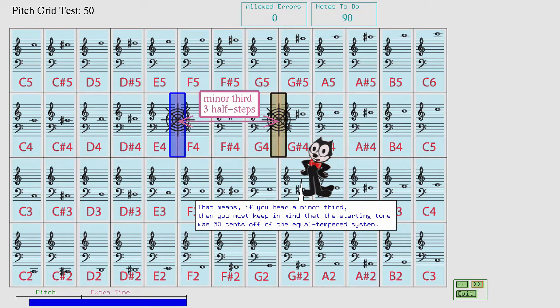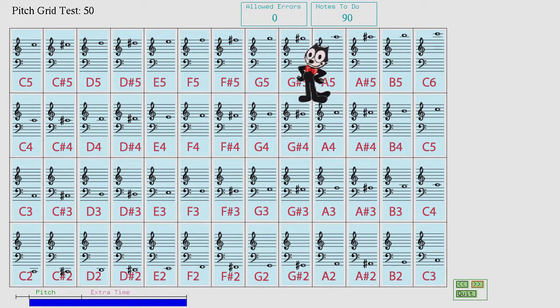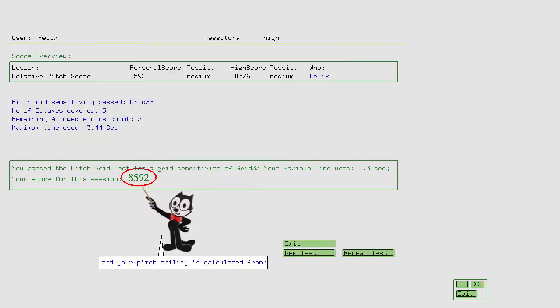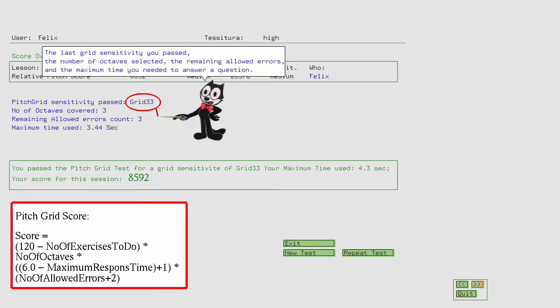That means, if you hear a minor third, then you must keep in mind that the starting tone was 50 cents off of the equal tempered system. During the test, you are allowed to make one error. If the allowed errors count falls below 0, the test stops, and your pitch ability is calculated from the last grid sensitivity you passed, the number of octaves selected, the remaining allowed errors, and the maximum time you needed to